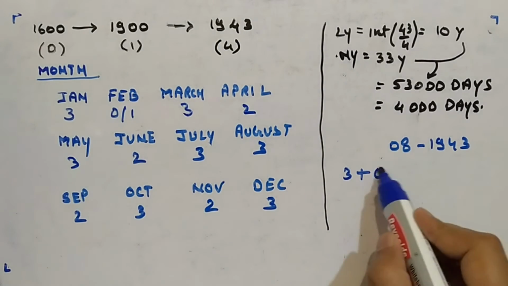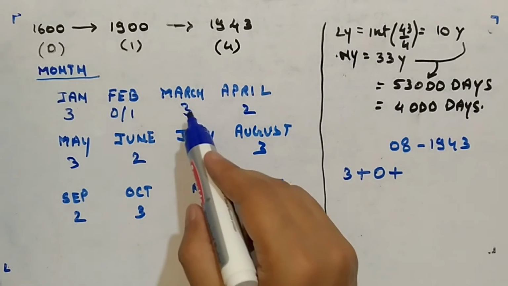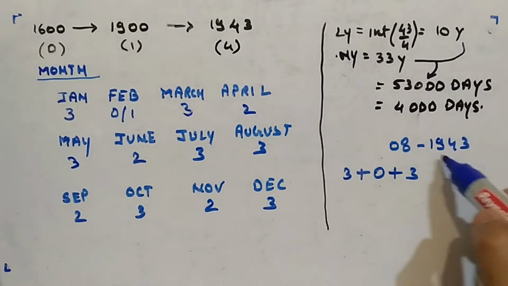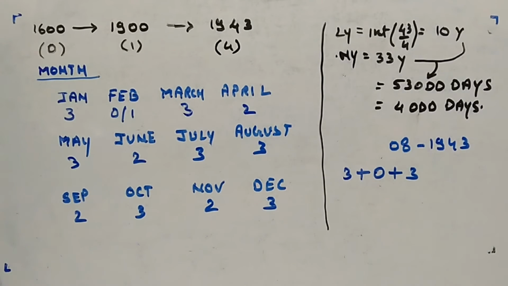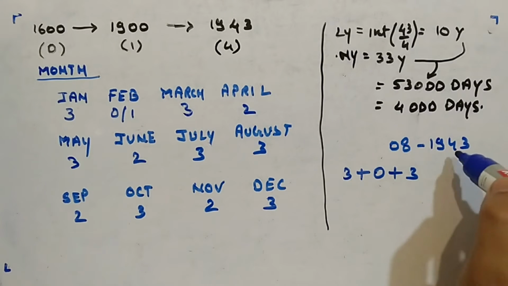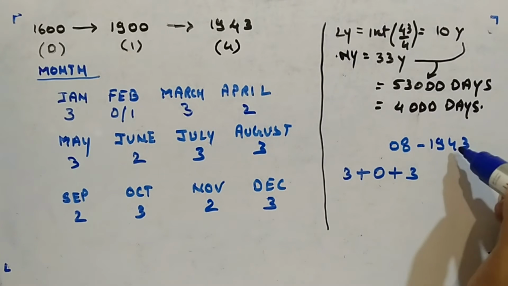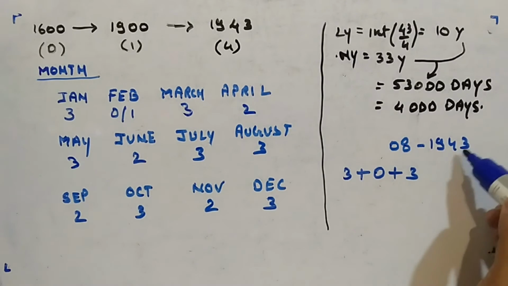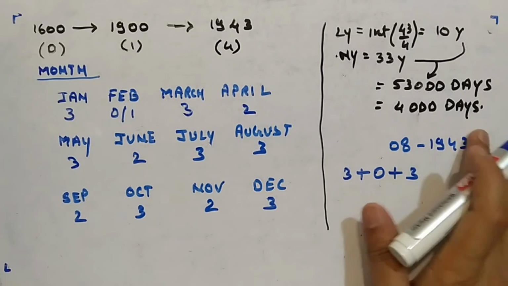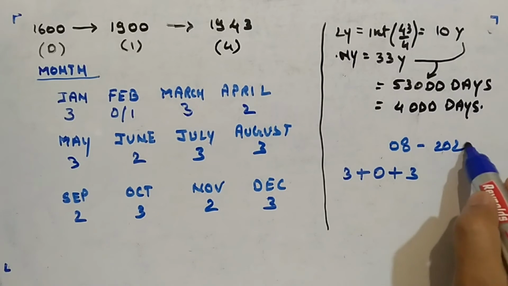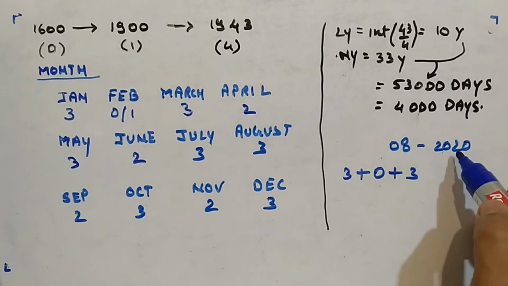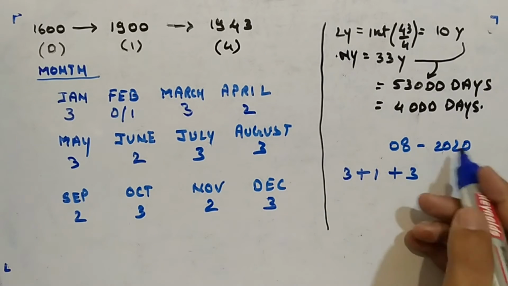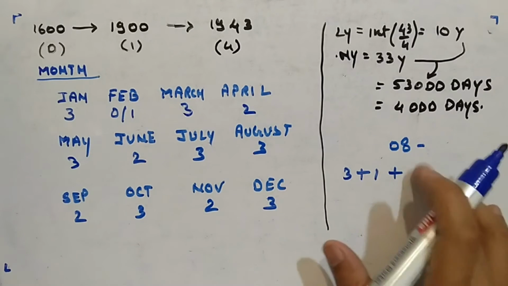Okay, 0 here for February month. Then you will take 3. So you have to put logic. It is connected to the year given to you. For the current year only you have to check, right? You divide by 4 and you saw that it is not a leap year, so you took 0. If it would have been a leap year, for example, let's say it would have been 2020, this is divisible by 4. It is not a century year and it is divisible by 4, which means you have to take 1 here for this case. Okay, I hope you are understanding it.